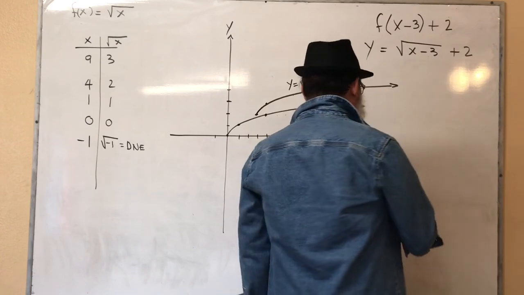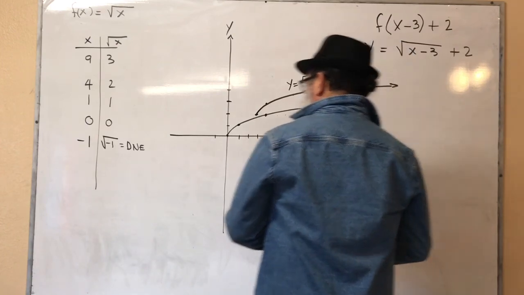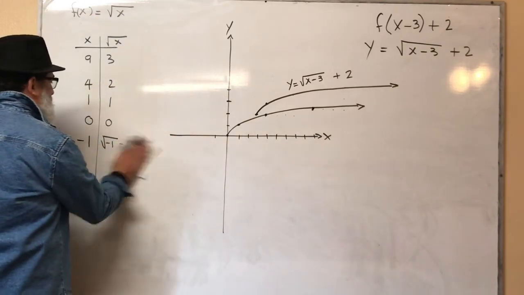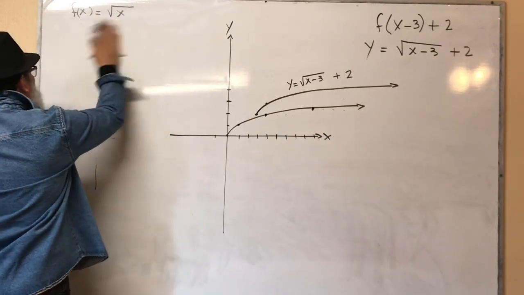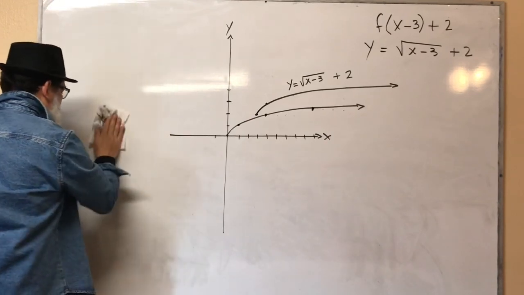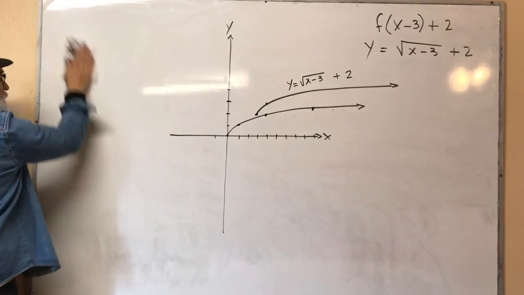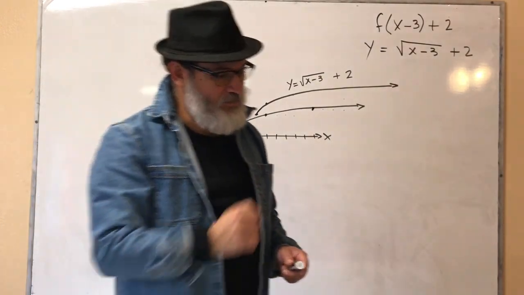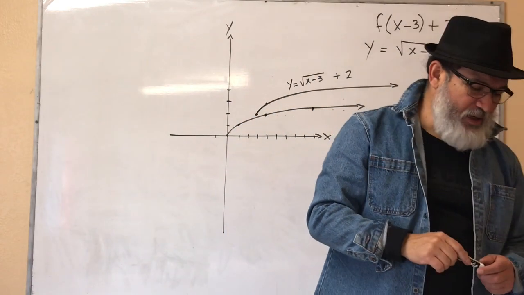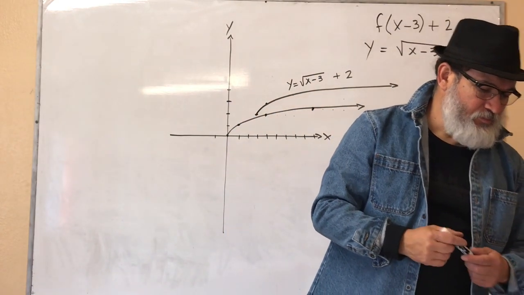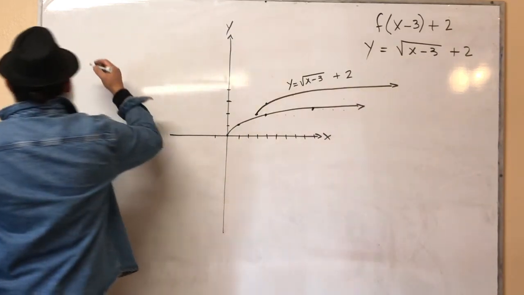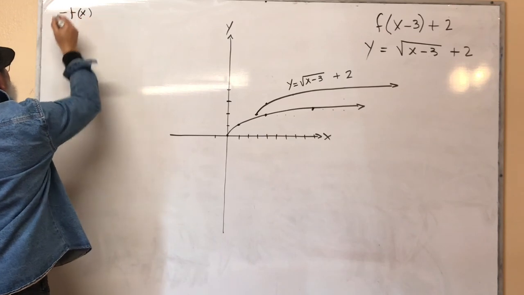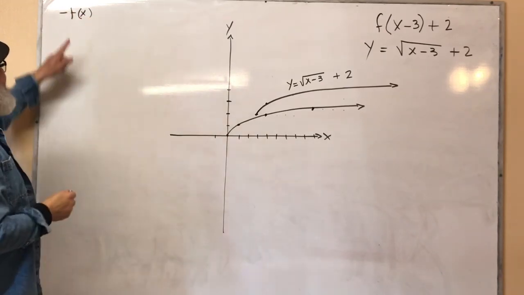It says, on page 243, every time you multiply a function by a negative, that is a reflection